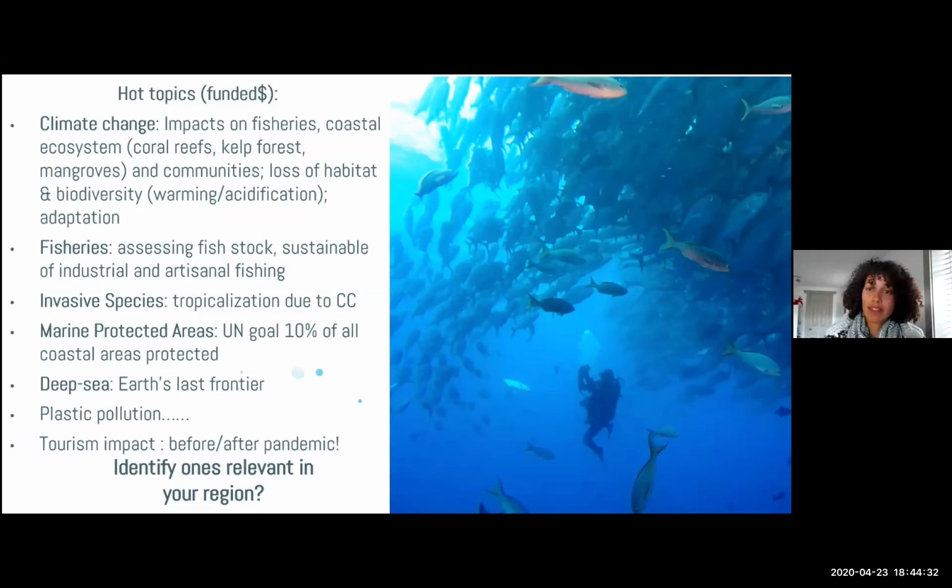Then there's marine protected areas. That's a super hot topic that gets a lot of money. I don't know if you guys have heard of Pristine Seas from National Geographic. That's a $1 million funded project, and they go around the world trying to help increase marine protected areas and help governments and policies. And that's mainly driven by that UN goal I mentioned earlier about having 10% of coastal